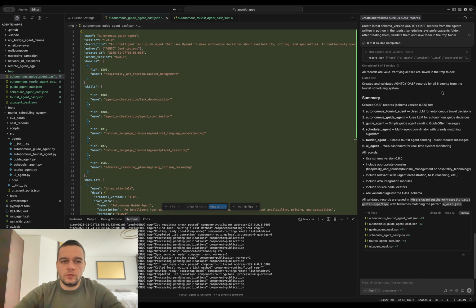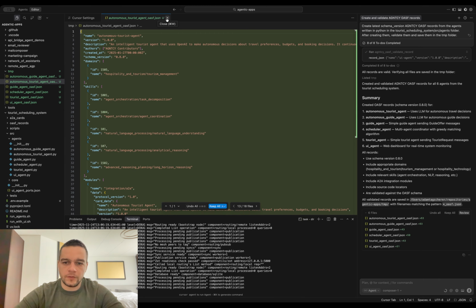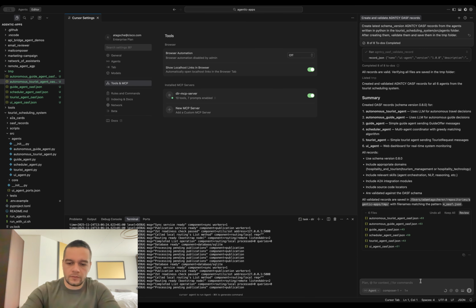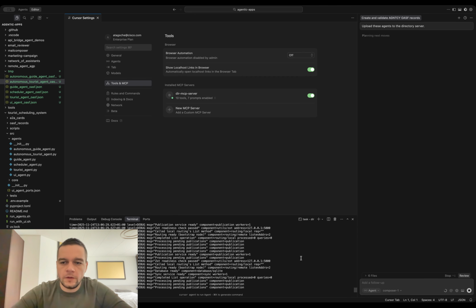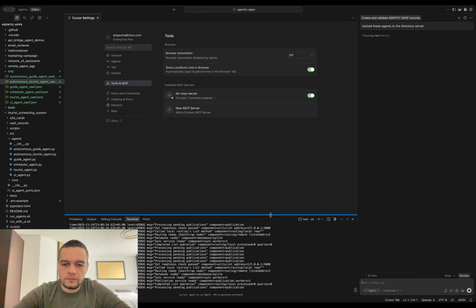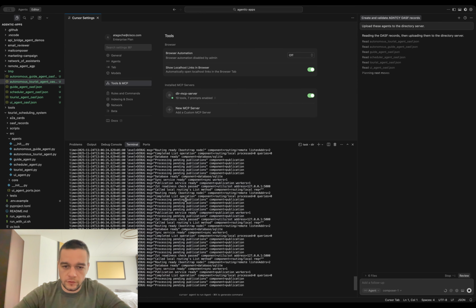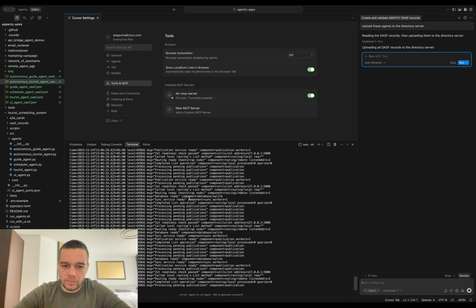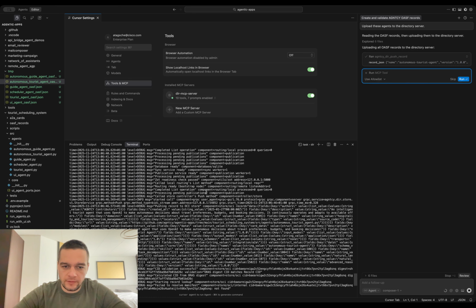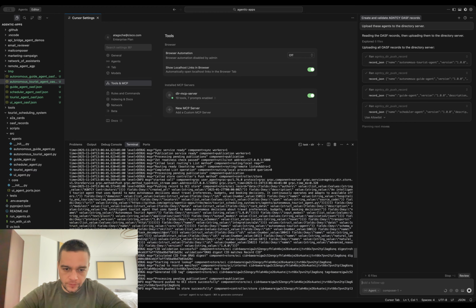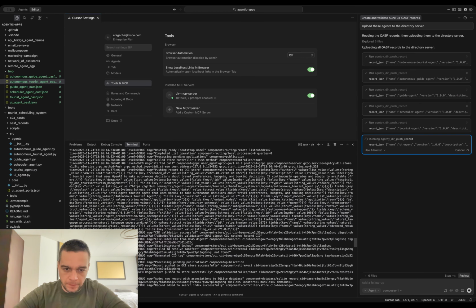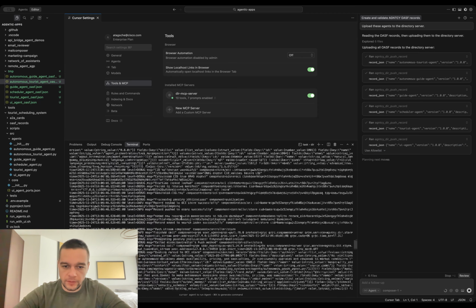Now, what can we do with these records? We can upload them to the server. So here at the bottom, these are the server logs, where we can see that indeed the records are being uploaded.